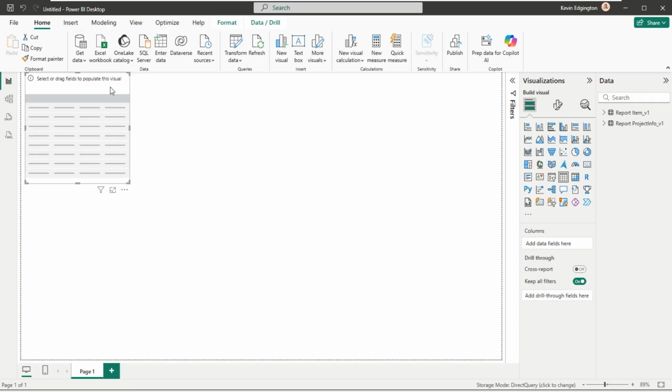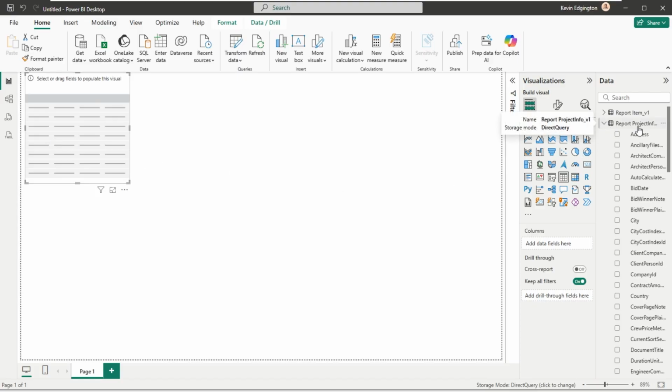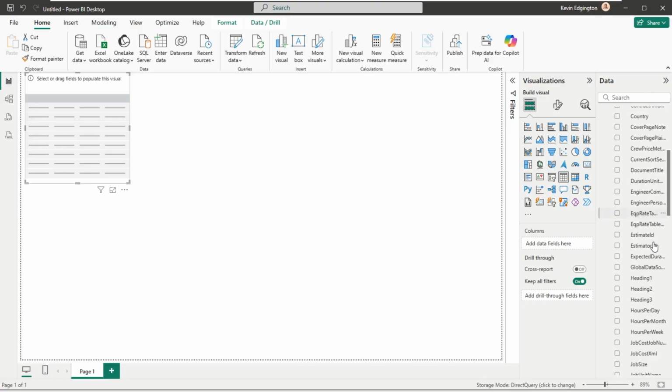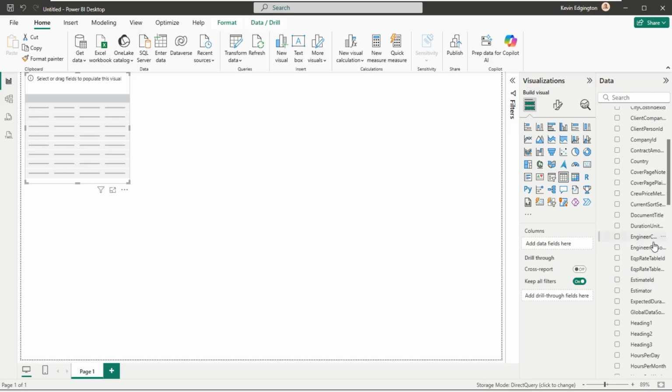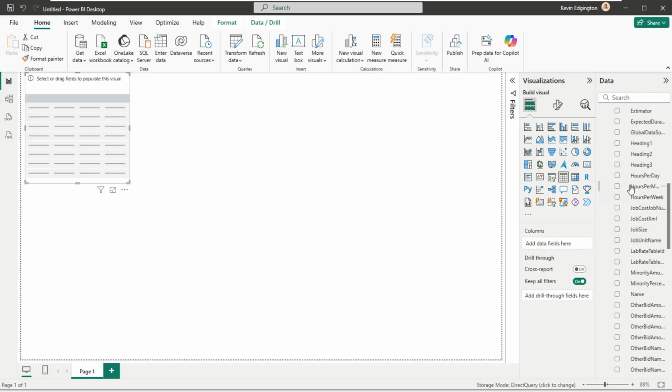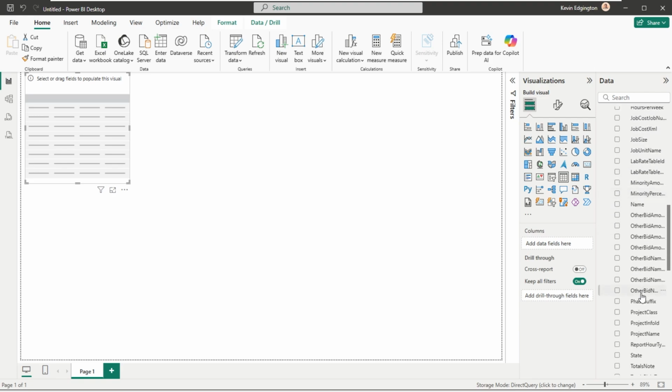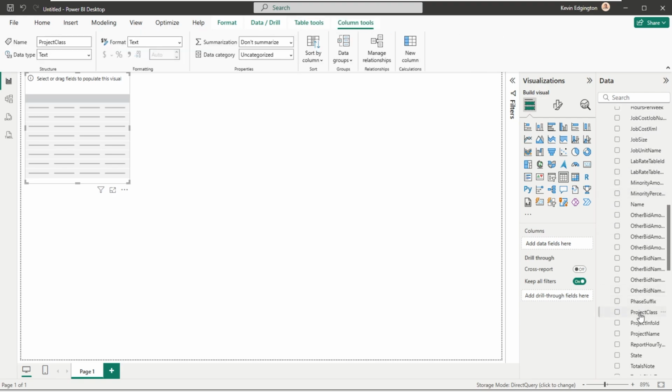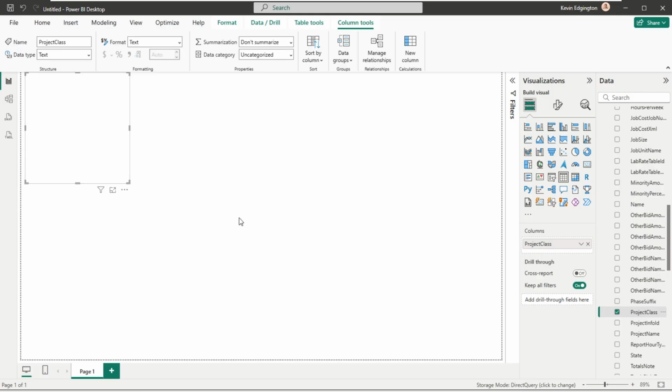And as I look at this visualization of this box, what do I want to see in this box? So the first thing I had in there is the project class. Project class is in my project information. So I'm going to come down and see if I can find, I think it's called project class. Project class. So now you'll notice that it basically went through and has built a list of all of the different project classes.